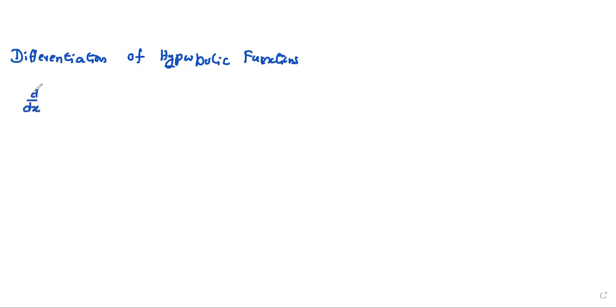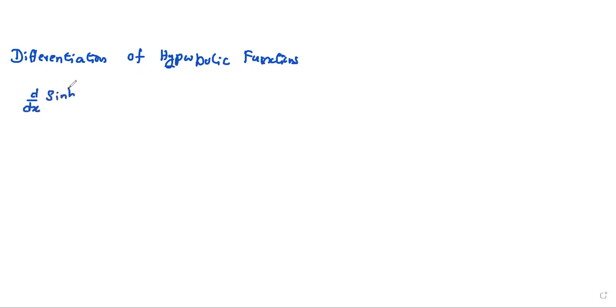Okay, today we are going to learn about the differentiation of hyperbolic functions. The topic is differentiation of hyperbolic functions. Under that, initially the first differentiation where we can understand is d by dx of sinh x,